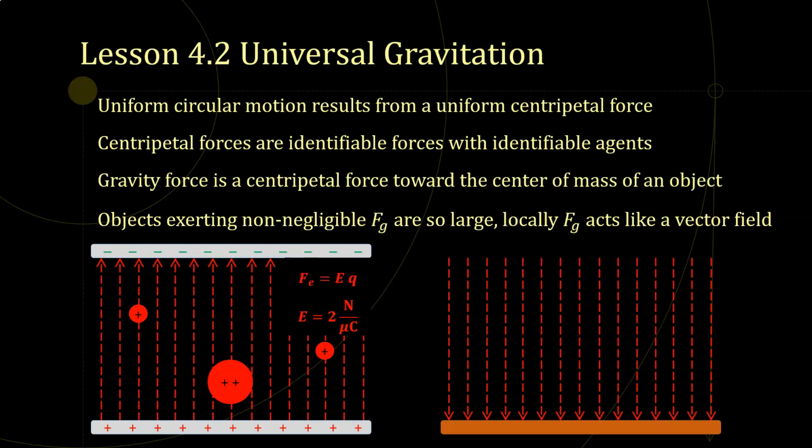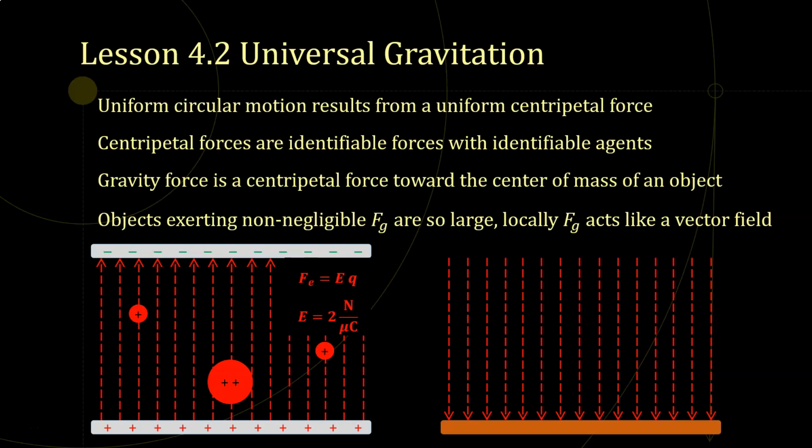But locally, gravity acts the same way as the 2 plates act. The reason for that is that the Earth is huge, except for locally, when we look at one small part of the Earth's surface, and it doesn't even have to be that small. Like this could be the size of a city, and it would still be small compared to the size of the Earth, right? Locally, when I look at a part of the Earth's surface, it looks as though the lines,